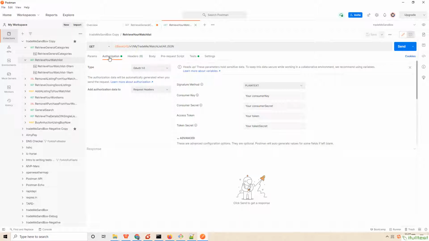Then we could move to the retrieve your watch list, and we could fill in the authentication information. In the authorization label, type as OAuth 1.0 and add authorization data to request headers, and the signature method equal to plain text. Then we just fill in our previous authentication related info.